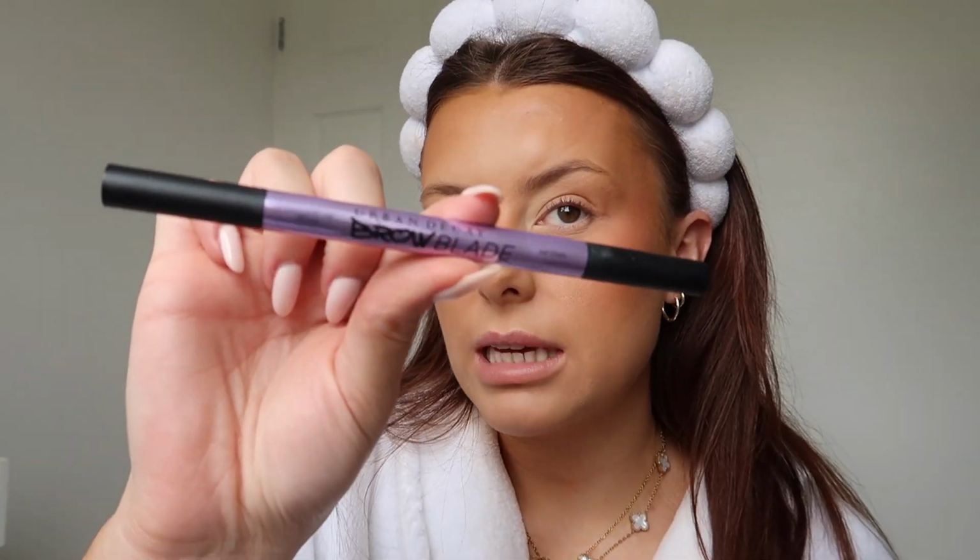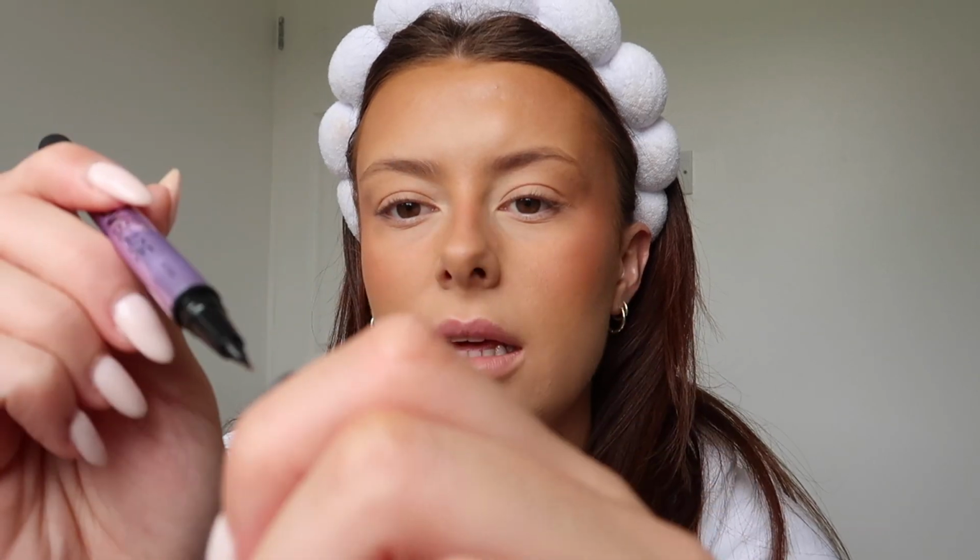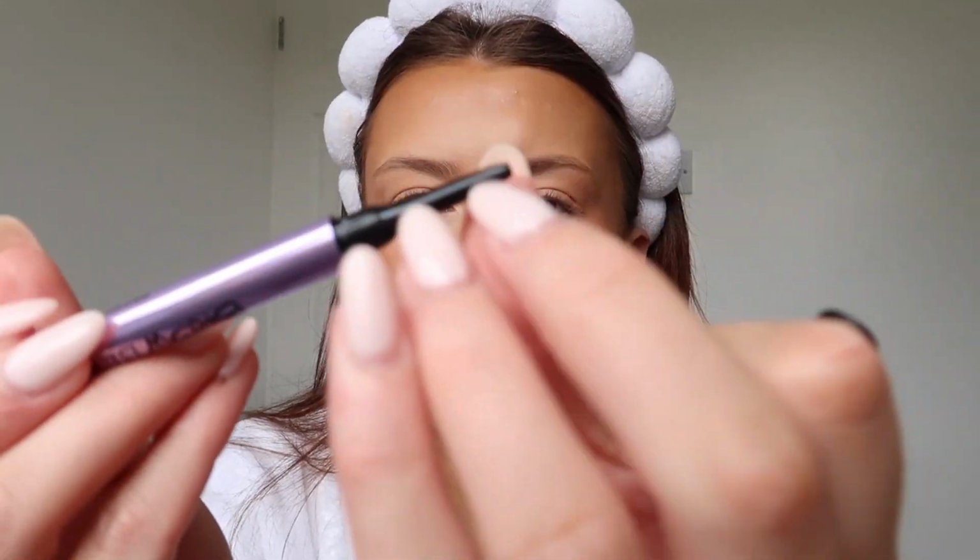Then I do tend to move on to my eyebrows, and I don't mind that I've got makeup in them, to be honest, because I just brush it through a little bit. The two pencils that I've been really liking are Urban Decay Brow Blade and the Anastasia Beverly Hills. I think I'm going to use Brow Blade because it's a bit of a darker colour, but I just really like that one end's like an inky pen stain and the other is a twist up pencil. I don't really do anything crazy, to be honest. I kind of just